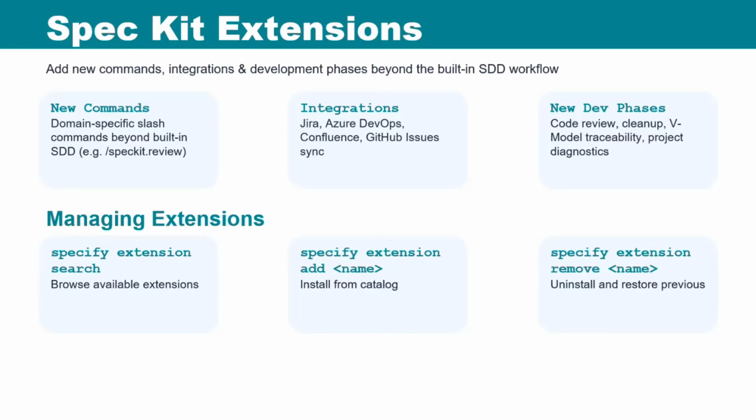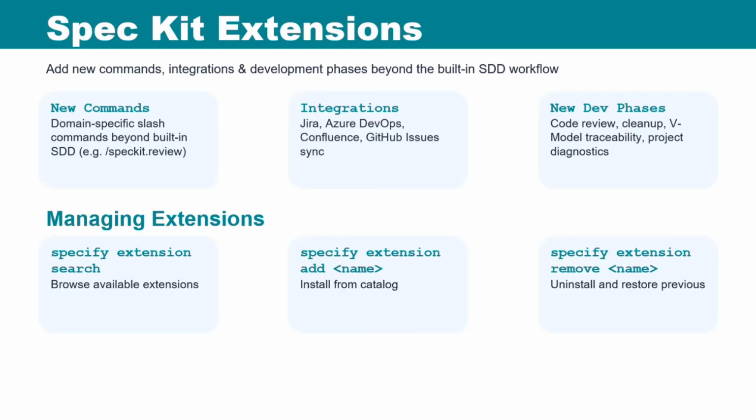In the last couple of months, they've added a couple more features to Spec-Kit. One of them is the extensions. So this has provided the ability for the community to create these specifications that are community written and created and can add a bunch more additional features to Spec-Kit. For instance, things like Jira integration, DevOps integration, various code cleanup things. There are, I think, like 35 extensions that have been created by the community, and almost all of them in the last 2 months. So it's something that's growing fast and is very well supported.